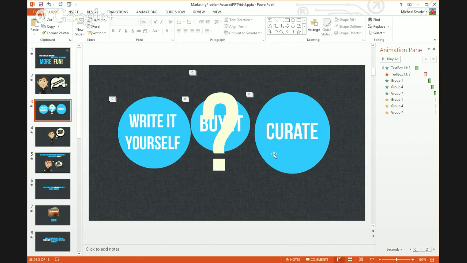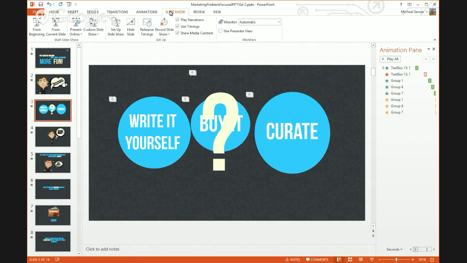And then the fun part with this is on your slideshow, you can use this one here where it says record slideshow, and you can actually record your voice narrating each slide. And it'll use the timings that you give to it so that you're doing it at the pace that you're speaking instead of going by the pace that the slides are set for.